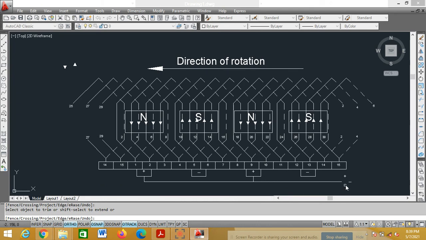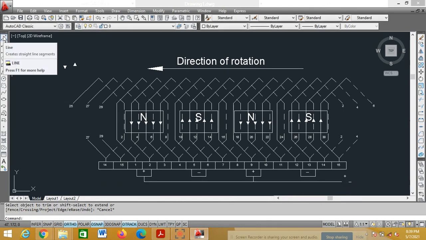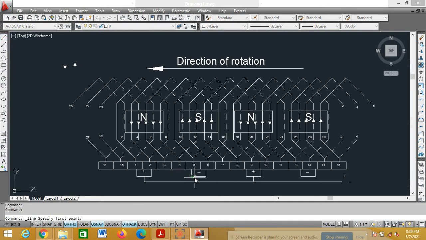Okay. For negative, how will you do? Select this, delete this, extend this.